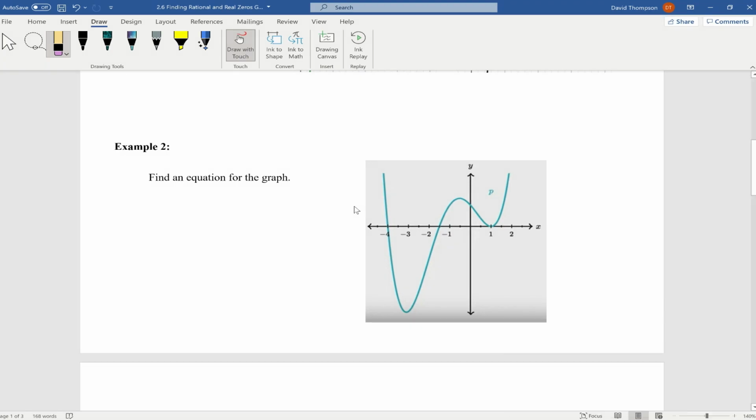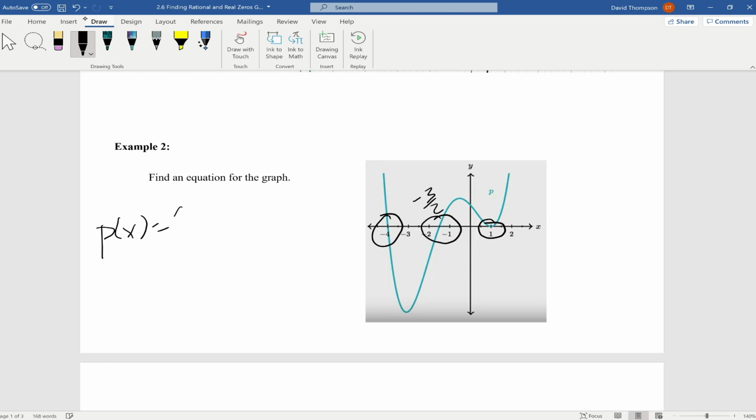Example 2. We're asked to find an equation for the graph P to the right. So we can see that we're crossing the x-axis at -4, between -2 and -1, so we can say that's approximately -3/2 or -1.5, and we're touching at 1. So our equation is going to be P of x